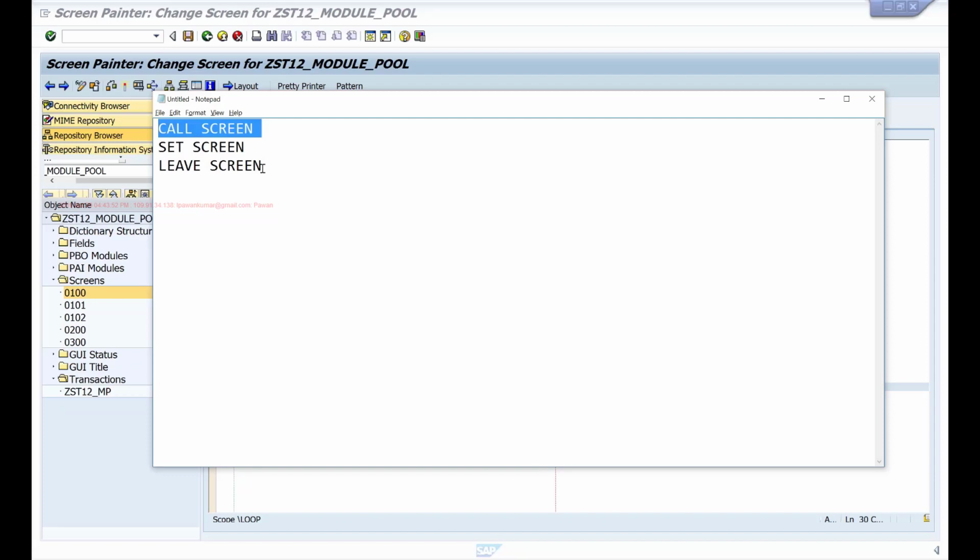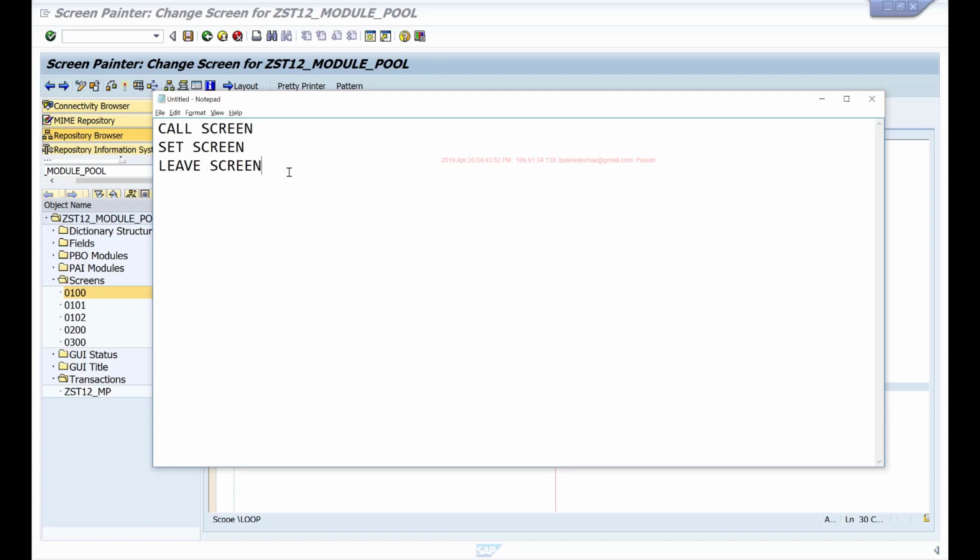However, on the detail screen, when the user is checking the item details, when he's clicking on back, he won't be coming back to this screen again, right? There is no navigation required to come back to this screen. So on the detail screen, when you click on back button, I can use this leave screen statement to go back to my main screen, right? So in any situation you don't want to stack your screens, use the leave screen statement.